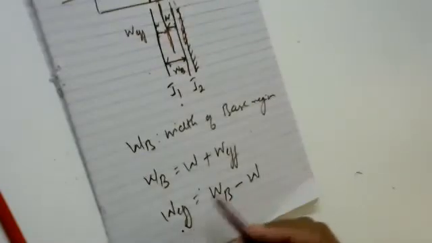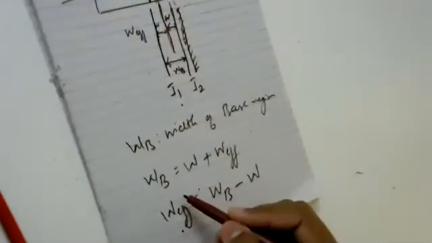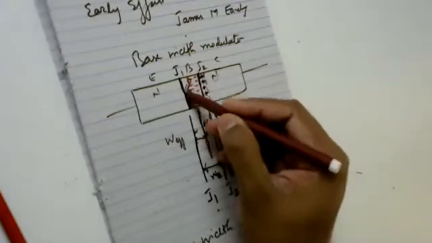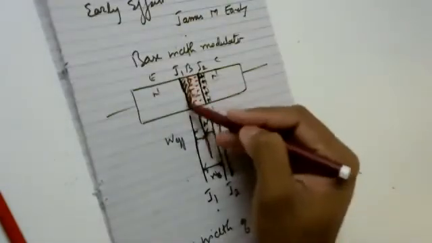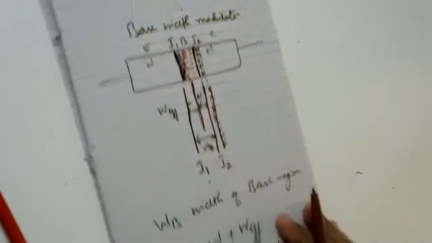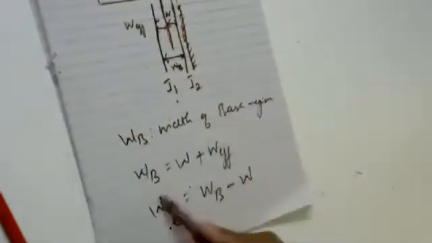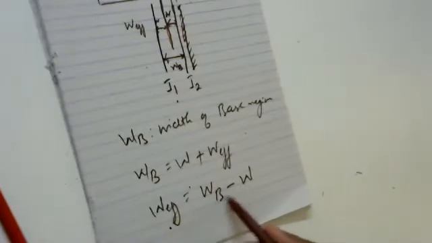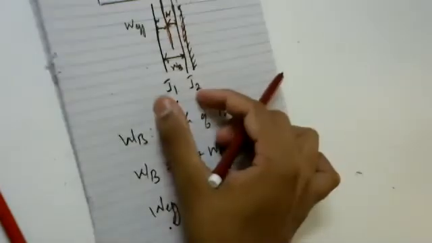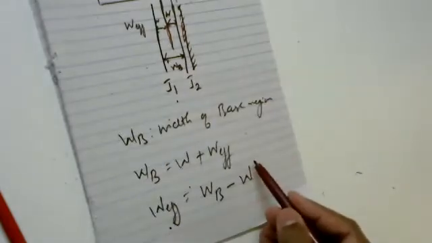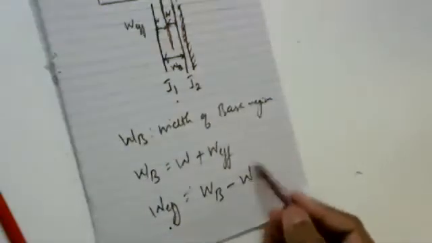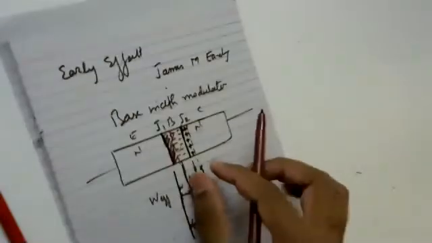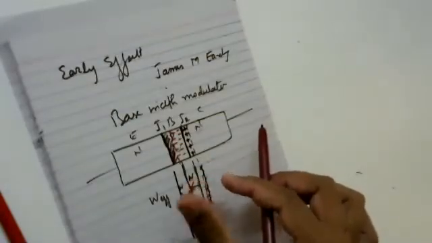What is W effective? It is a free region, a mobile region. So here, neither electrons are there nor holes are there. So this is what I'm calling W effective, a mobile region or a free region. What is WB? It's the width of the base, the complete width of the base between the junction J1 and J2. What is this W? It is the width wherein a junction is formed. It's the width where the actual junction is formed. Understanding?